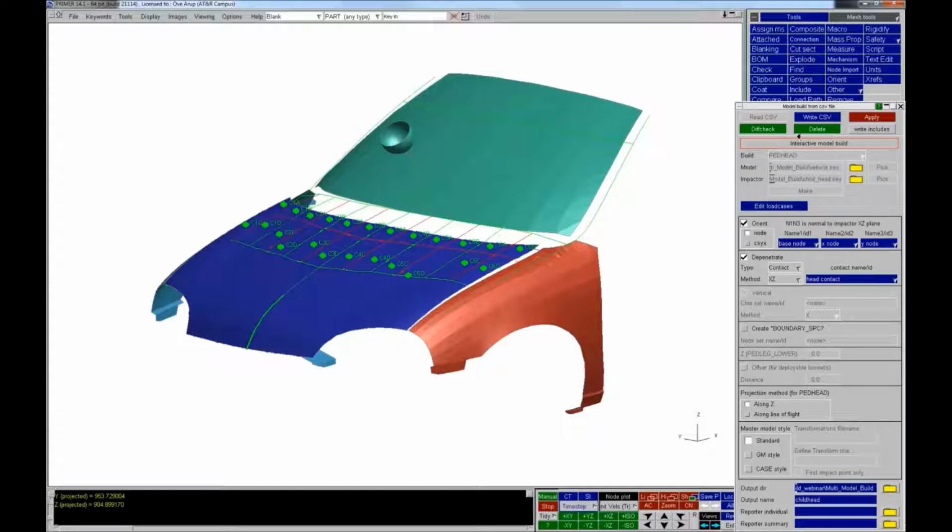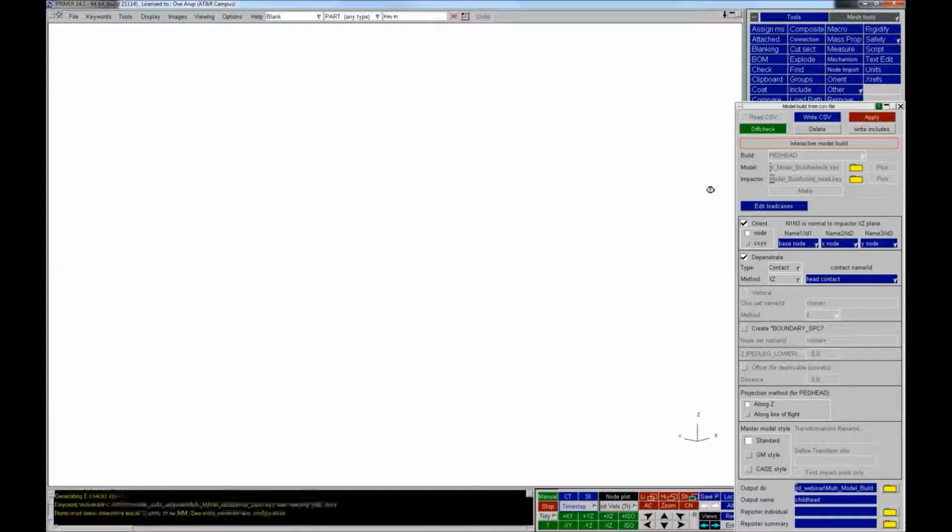Now just one thing to note here, there's this delete button. Now this is active at the minute. That means it will build the model, write it out, and then delete. The reason it does that is because potentially you could be setting up hundreds of these runs. And if you start building hundreds of runs in Primer, you may run out of memory on your machine. So the delete option is on by default, so that as each model is built, it will delete it from memory and continue on. I'm going to turn that off because I'm not going to build very many models. I'll click Apply,